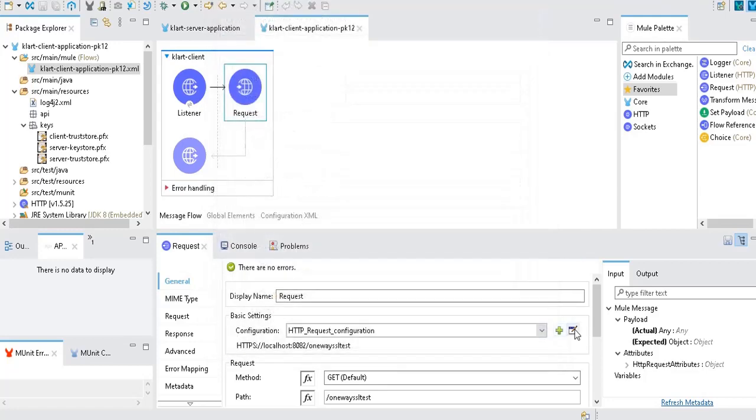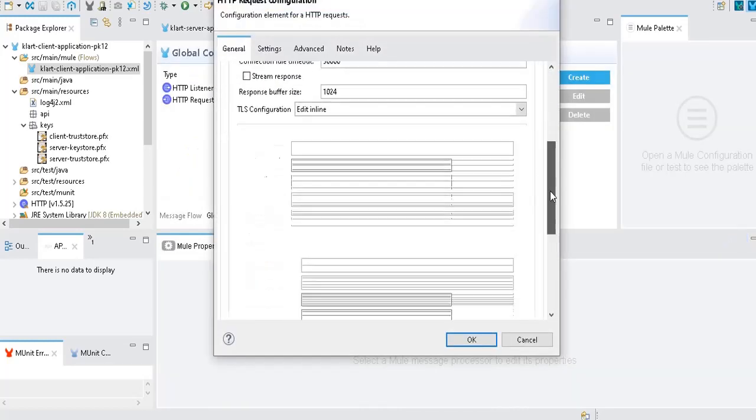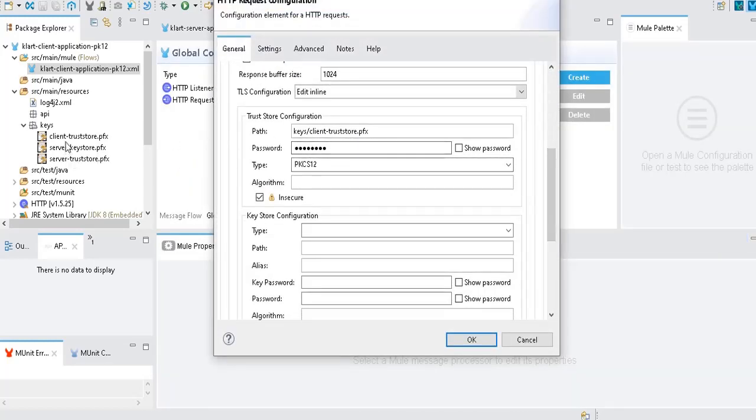Okay, so I'll show you how I have given it earlier. So see, this is the client trust store.pfx file which we have created earlier. We need to just mention that in the path, folder name / file name, and the password is the same clat123, and type is pkcs12, and you can select this checkbox if you want to pass insecure requests also.